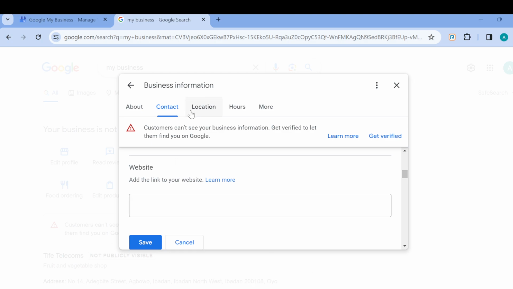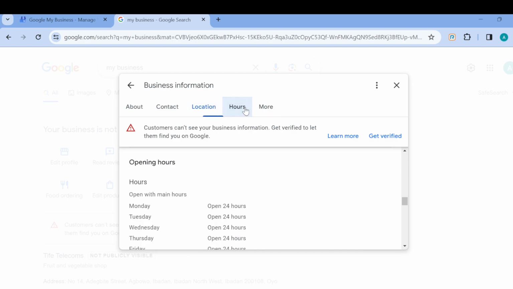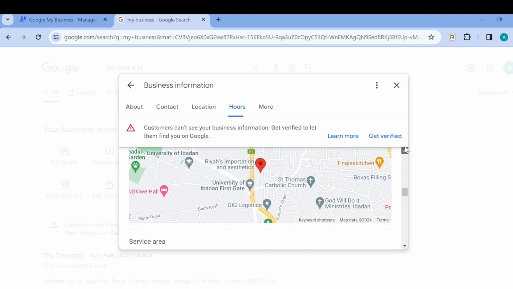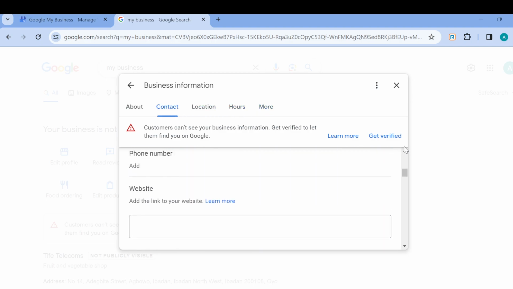And then for you to carry out other settings or other information, you can do that by clicking on location. By clicking on location, you can edit the location of your business here, as well as the hours. And then once you click on more, you can add attributes to your business. Now attributes are things that attract customers besides the actual product you're selling, so you can just use this to